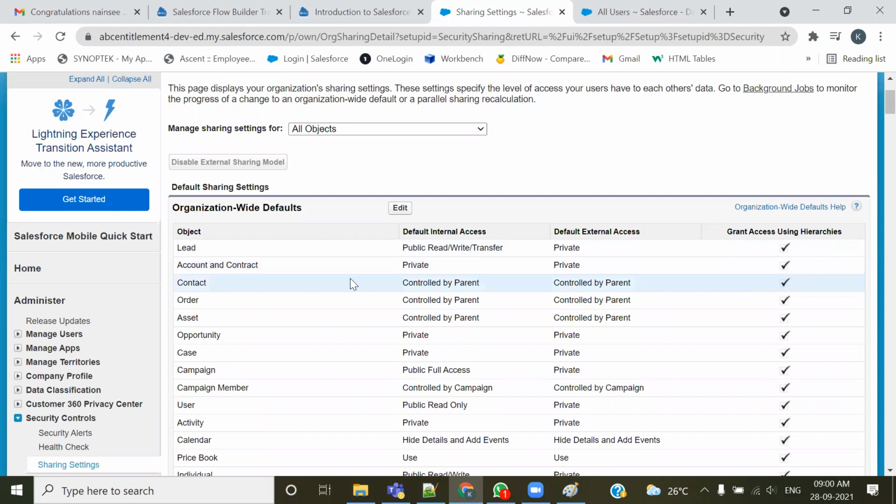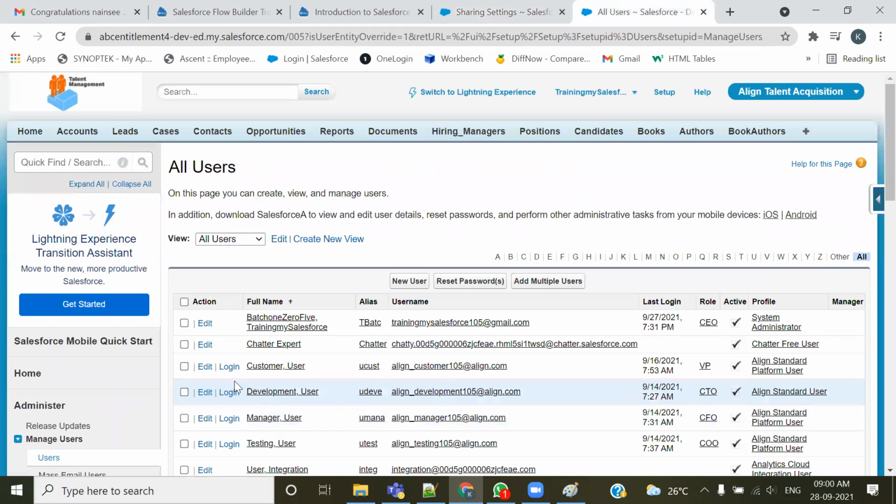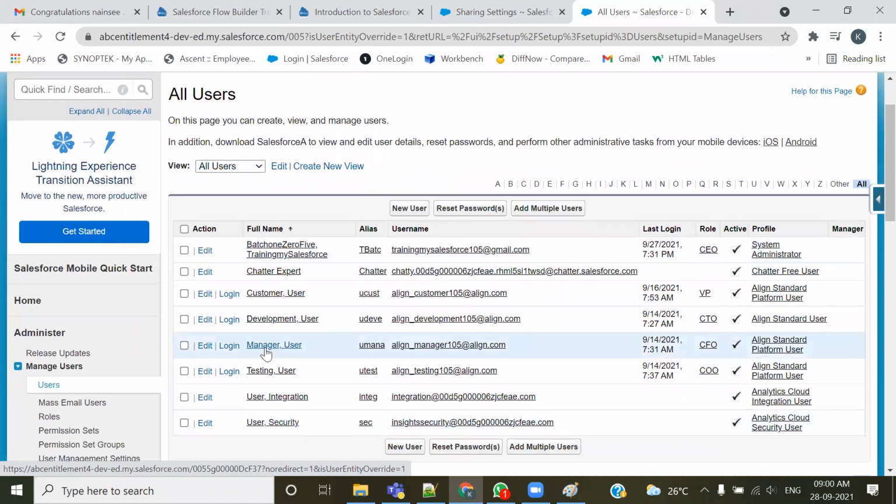तो अब अकाउंट ऑब्जेक्ट में जो भी रिकॉर्ड बनाओ, जिस यूजर ने बनाया, ये सिर्फ डेवलपमेंट यूजर की बात नहीं है। आप टेस्टिंग यूजर के साथ ट्राई करो, कस्टमर यूजर के साथ ट्राई करो, कस्टमर पे लॉग इन करो, कस्टमर के अंदर भी अगर कोई रिकॉर्ड बनाओगे तो वो सिर्फ कस्टमर को और ट्रेनिंग बैच यूजर को दिखेगा, बाकी किसी को नहीं। मैनेजर और टेस्टिंग यूजर के साथ ट्राई करो, आपको यही सेम चीज नजर आएगी।